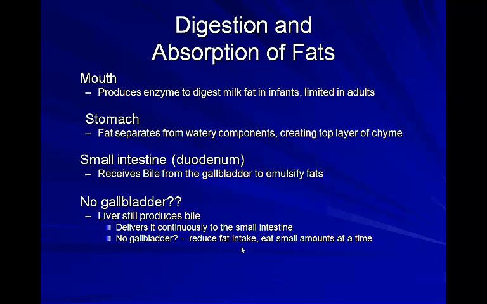So you're going to see it really separate away from the watery components. But once we get to the small intestine, the duodenum will receive bile from the gallbladder to emulsify the fats. And this is what you see in your kitchen when you have an oily pan that has water on it. You see the oil and the water, they separate. They don't like to mix. And it's really hard to scrub off that sticky grease off of a pan unless you have soap. Soap is an emulsifier, just like bile. It allows water and fat to mix. And so it has both qualities of being hydrophobic and hydrophilic, so that it allows those fats to get emulsified, or mixed up.